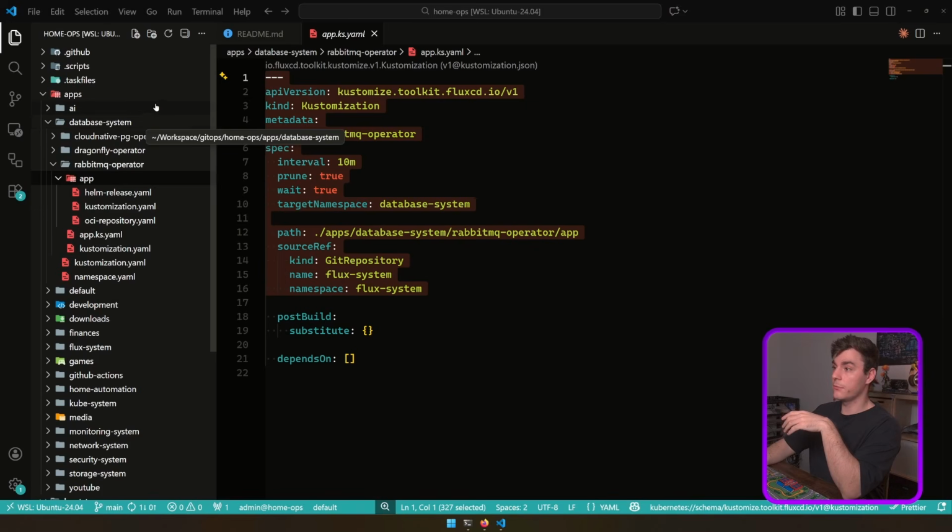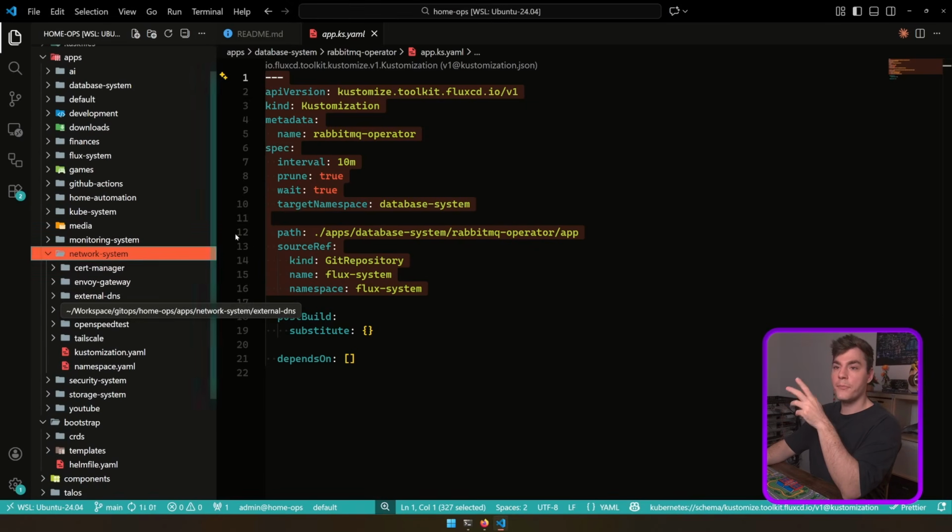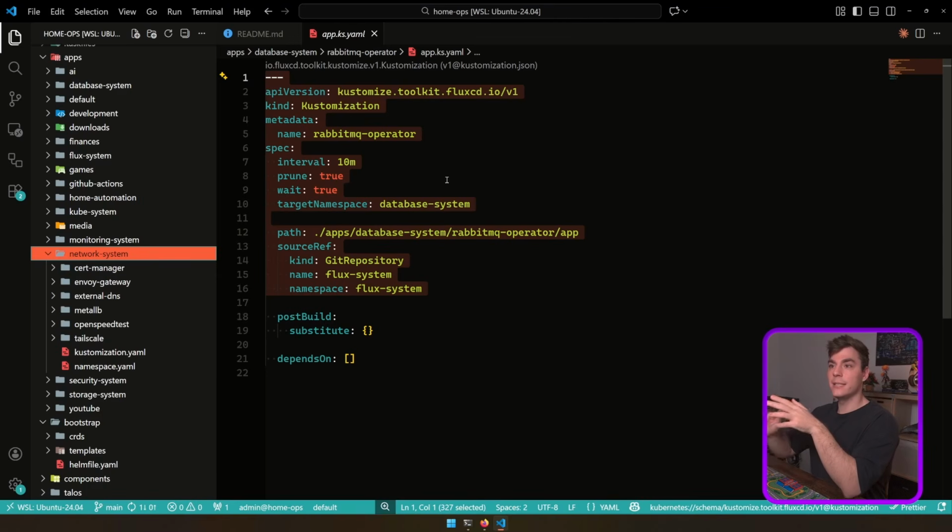Let's take Cert Manager for example. That one is running in my network system right here. You see, the thing with Cert Manager is that it's an operator. When you install it, it deploys the controller and, importantly, it also installs several CRDs into your cluster. Certificate request, cluster issuer, you know the drill. The thing is, I don't want to only run Cert Manager, I want to use it. I want to create a cluster issuer and tell it to talk to Let's Encrypt to create TLS certificates for